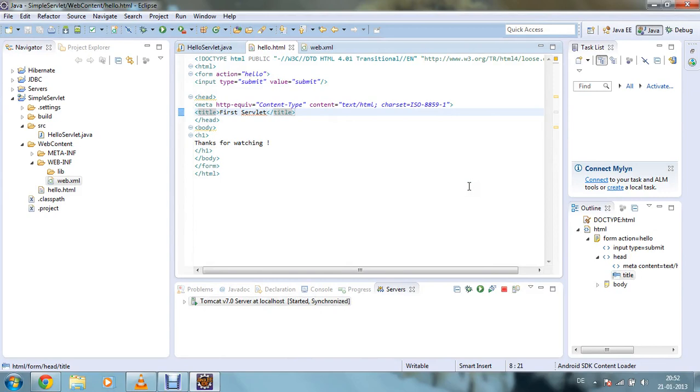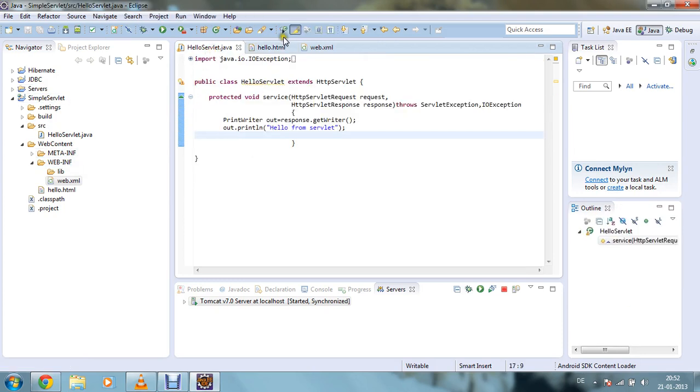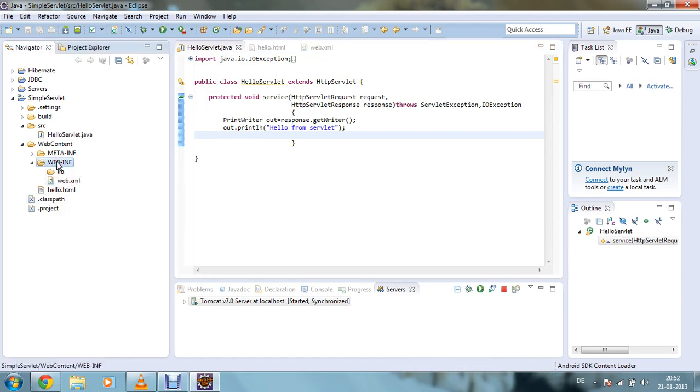And now in this particular tutorial we're gonna learn how to create the HTML file and the web.xml file, and we're gonna write some code over here. I have already created the HTML file and web.xml file. Now I'm gonna illustrate how you can create the XML and hello HTML file in order to connect to your HelloServlet.java file. You can see that in my project folder, in my WEB-INF folder, I have created one web.xml and hello.html.